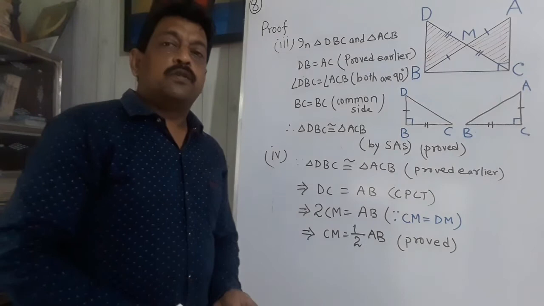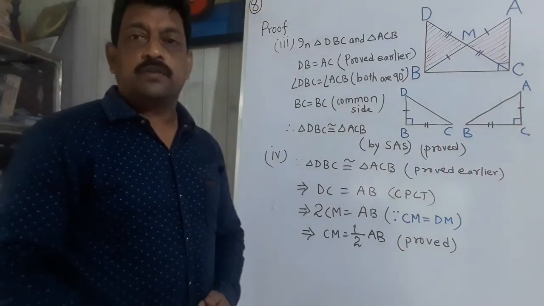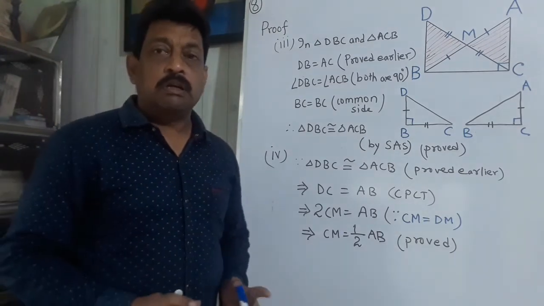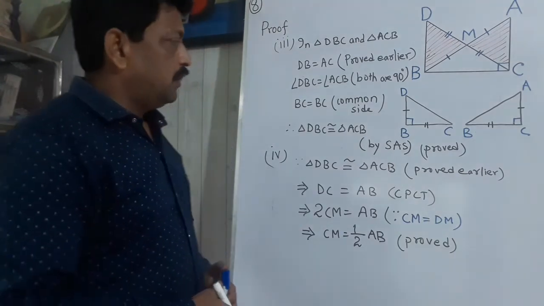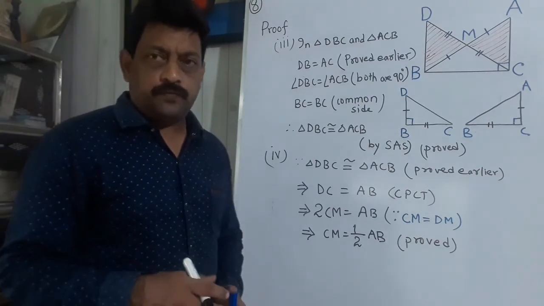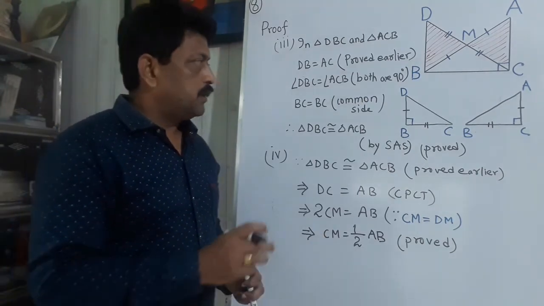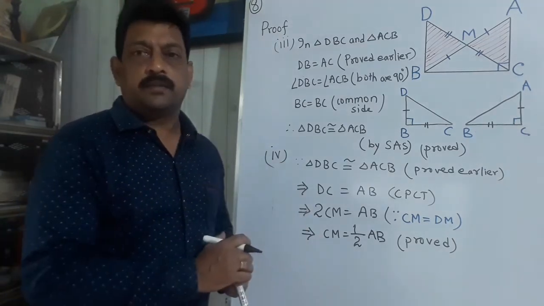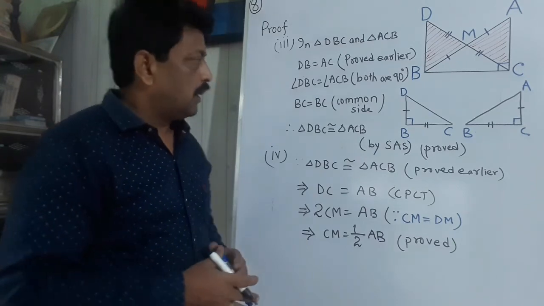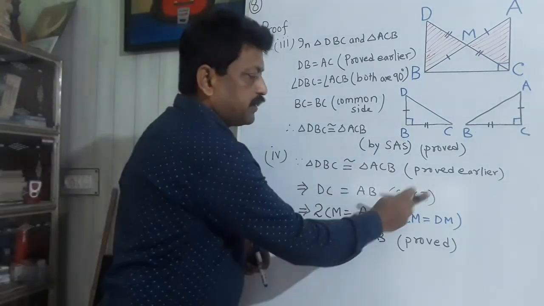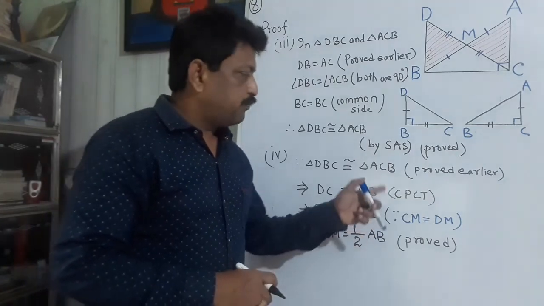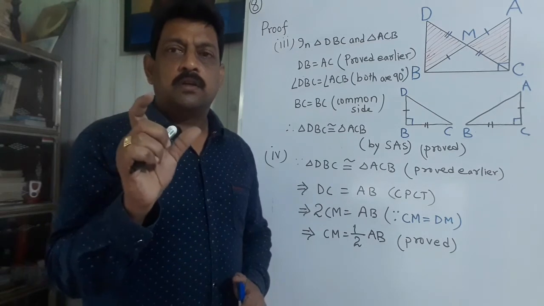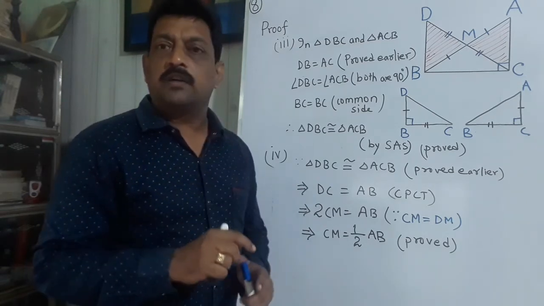Therefore, all the four parts of this question are proved. Hope you have understood. The sum is a little bit longer in length, but still it is not so tough, I think so. Only it is lengthy. Otherwise, we have to use the basic concept what we have learned and then apply it here. The congruence of triangles and the corresponding parts of congruent triangles is also very important. Whenever we are shifting from one sum to another, just note down the equal parts of the congruent triangles.